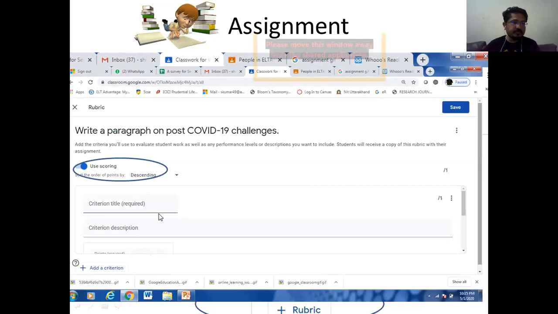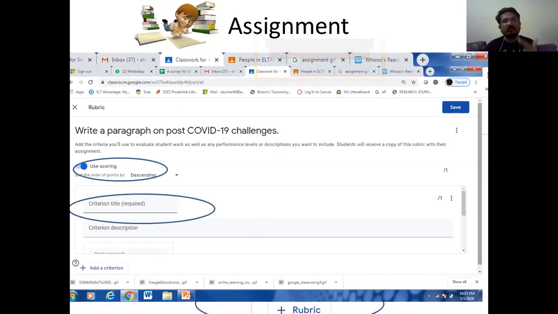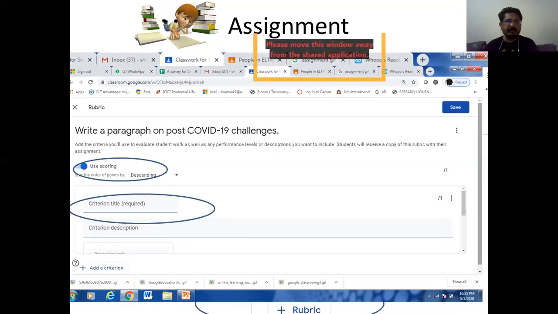So this first one, use scoring. I'll be scoring in ascending or descending order. That is my own wish as a teacher. And then I'll mention the title. If you have written this particular thing, then we will be giving you this much marks. Let's say the question paper is of 100 marks. So in that case, if you have written a cohesive and coherent paragraph on these parameters, accordingly we can divide our rubrics and we can mention each and everything here.